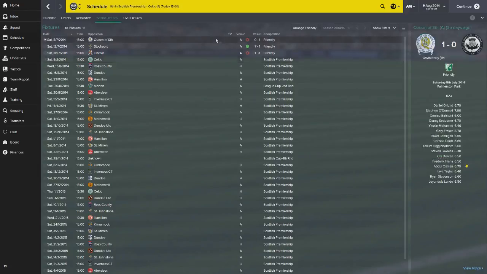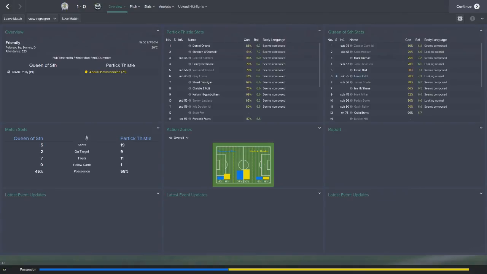Very mixed, I have to say. We started away at Queen of the South. They were all away, but we started at Queen of the South and it was a disappointing 1-0 defeat. Queen of the South had 2 shots on target. Gavin Riley's goal, someone hit the post and Gavin Riley slotted the loose ball away, while Scott Fox, it was